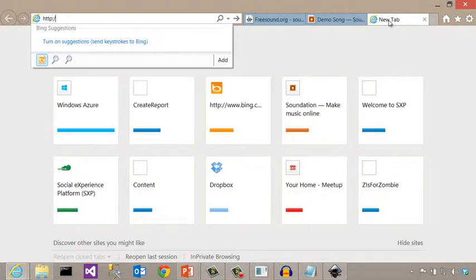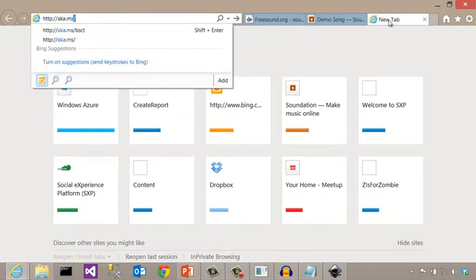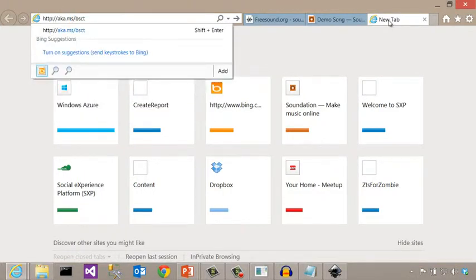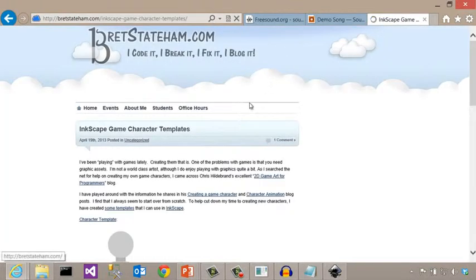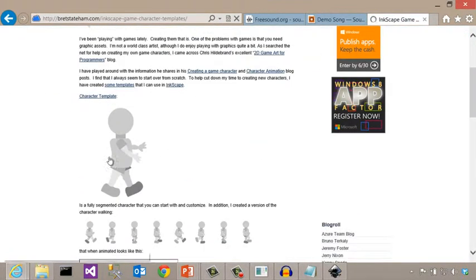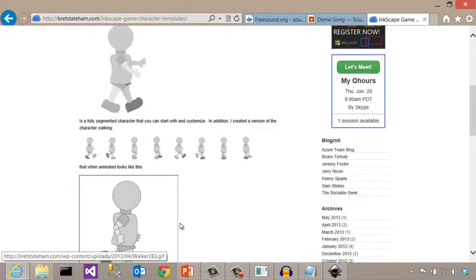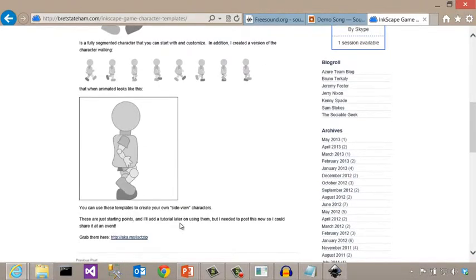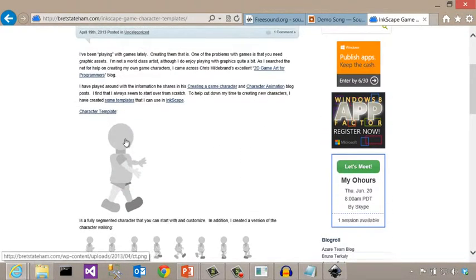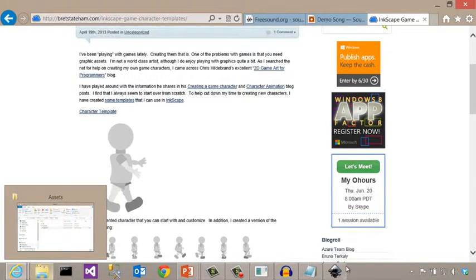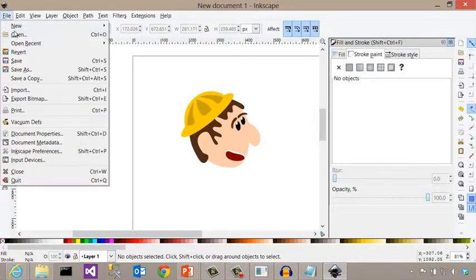Come on, fat fingers. BSCT for Brett Statham character template. And that'll bring you out from my blog post, and it talks about the character template as well as that animation template that I was talking about that sort of simulates the walking character. So you can download it from there, but I've already got them downloaded, and so those are in my assets folder. Let's come back over here, file, open,